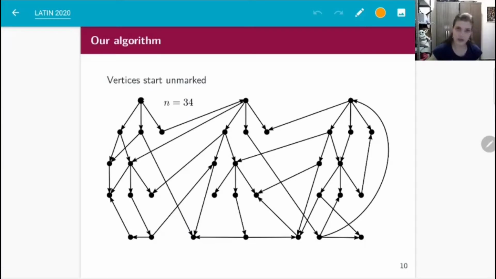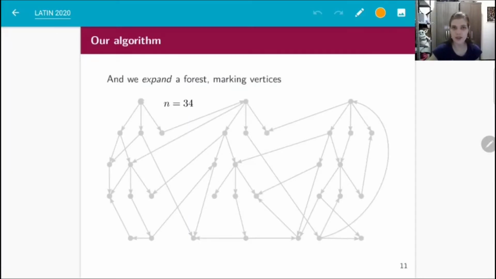We start with all vertices unmarked, and we expand the forest, marking vertices. We always expand vertices of out degree 0, like this one. And when we expand it, we mark all of its out neighbors that are unmarked. So in this case, we would mark all of these 4 vertices here. Now if we choose to expand this other vertex here, we would mark these 3 out neighbors. Of course, this one is also one of its out neighbors, but if we expand it like this, we wouldn't